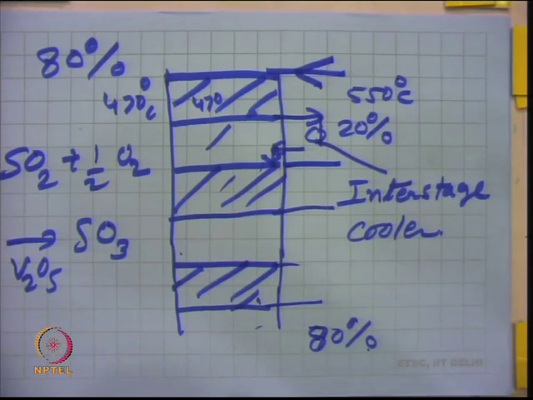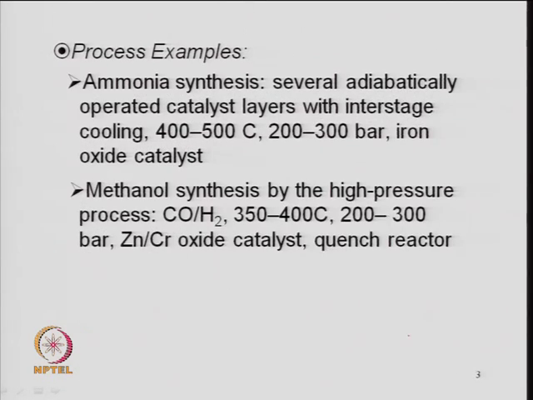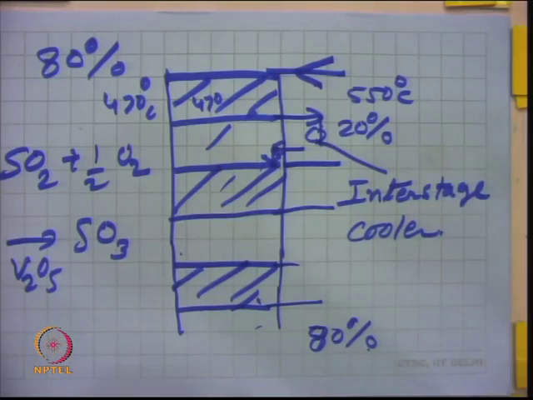So, multi-bed reactors, they are mainly suitable for high production capacity. So, when the production capacity requirement is large, right. So, we can prefer these kind of reactors, multi-bed reactor. So, some examples as I discussed here is something like ammonia synthesis, right. So, it is basically a multi-tubular nowadays. We have a large number of tubes in this, and you can have the high heat transfer or heat removal which is possible or control, because when the tubes are damaged they can be replaced easily.